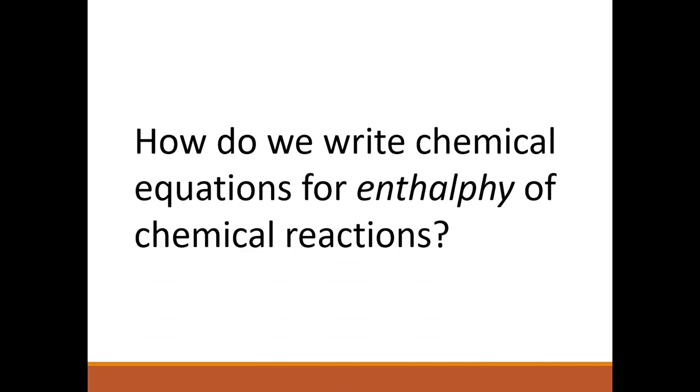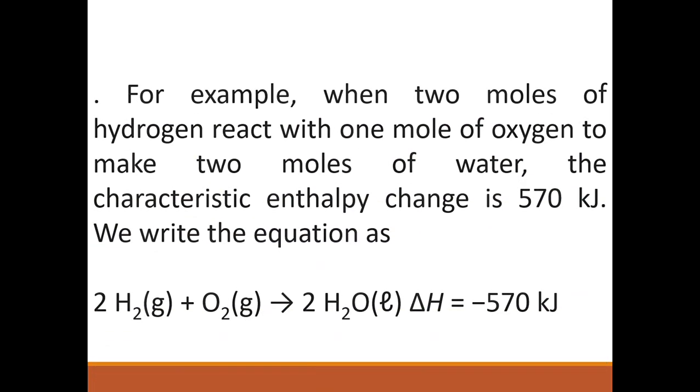So how do we write chemical equations for enthalpy of chemical reactions? For example, when 2 moles of hydrogen react with 1 mole of oxygen to make 2 moles of water, the characteristic enthalpy change is 570 kilojoules. We write the equation as